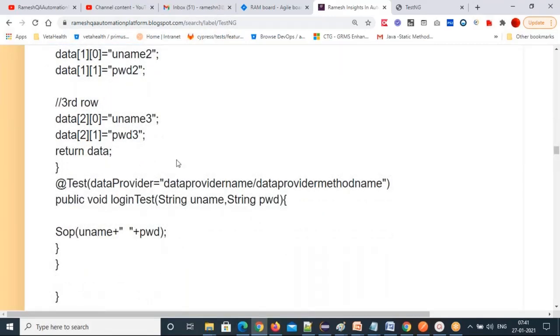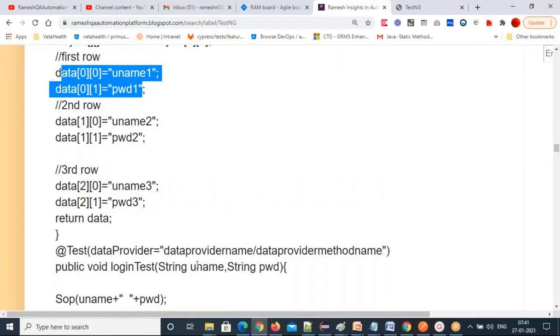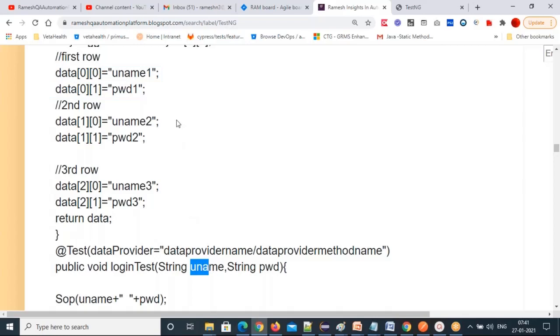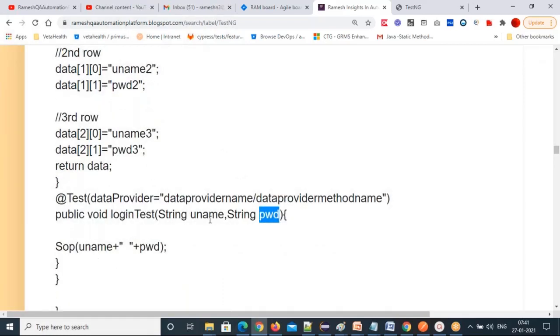So each time, the first set of data will come and be stored in parameter 1, username 1, and password 1 will come and be stored here. And whatever code you are writing inside, you will use the parameters only, right? While writing the steps, the username value will come and replace there, and the password value will replace there.